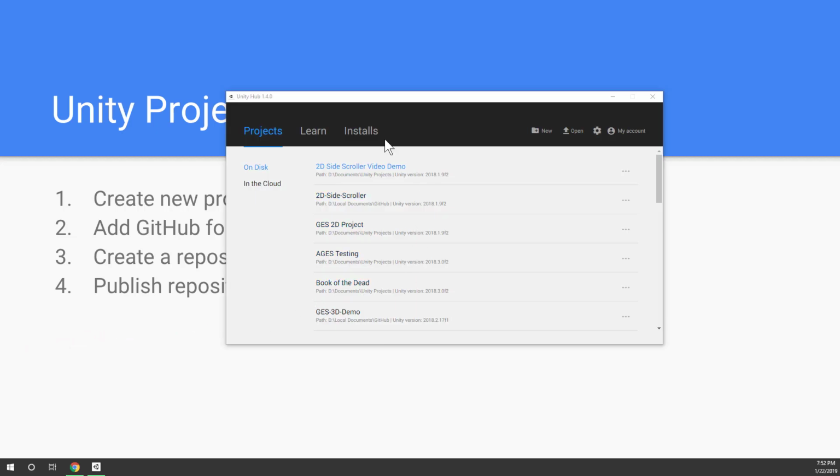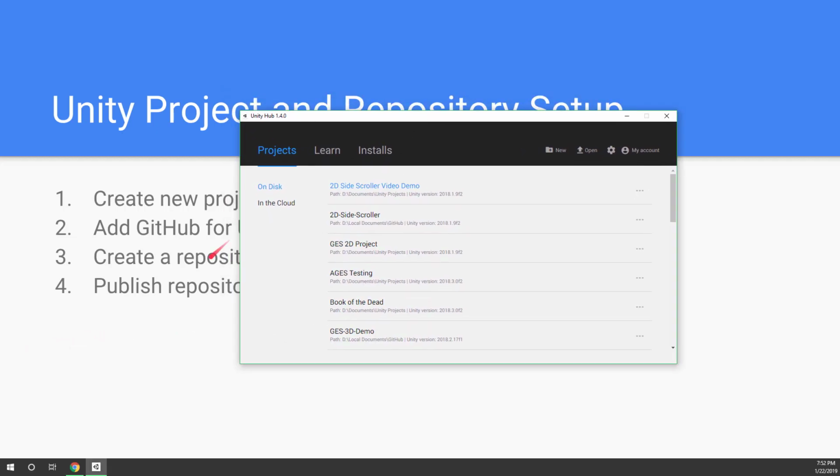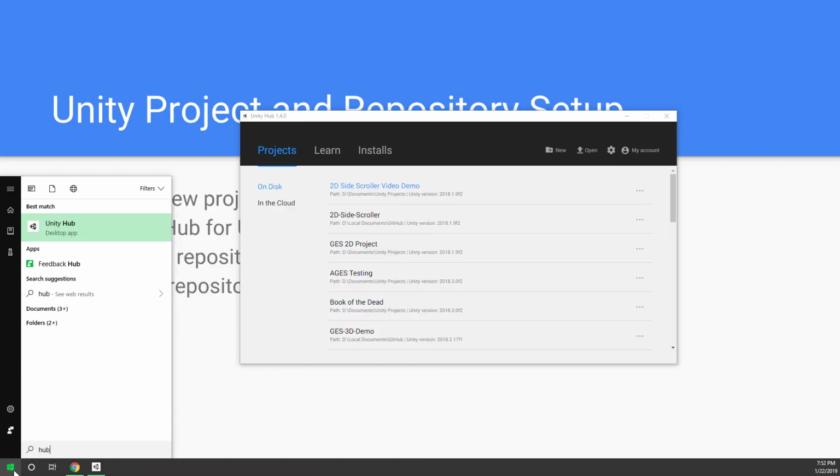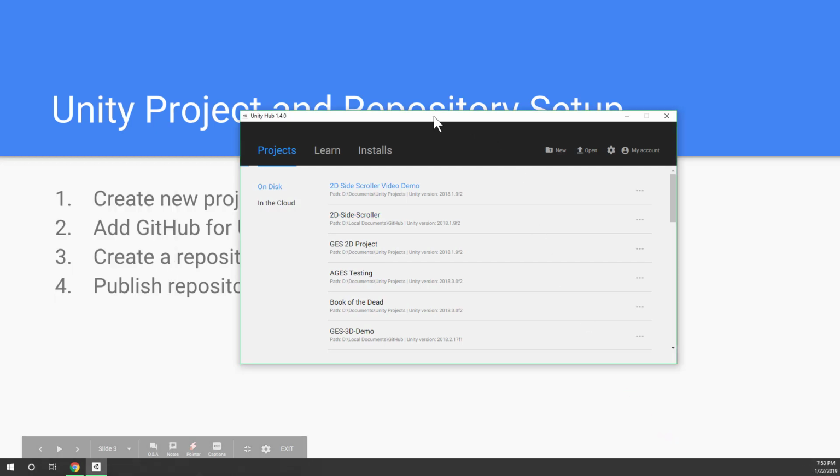So here's our Unity Hub. If you ever need to find it, I normally just hit the start menu and type in hub, and there it is. It also sometimes exists as a tray icon in your system tray down here. So anyway, once you have it open, I'm going to click on projects, and I'm going to click on new,